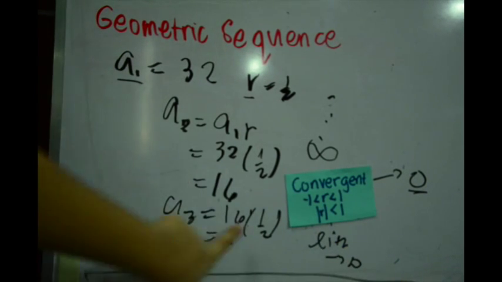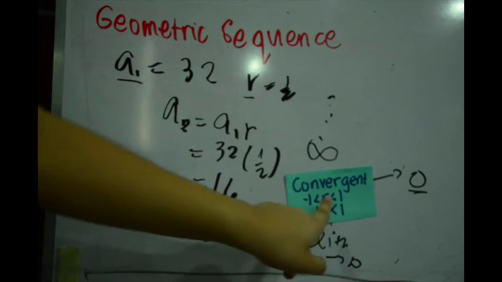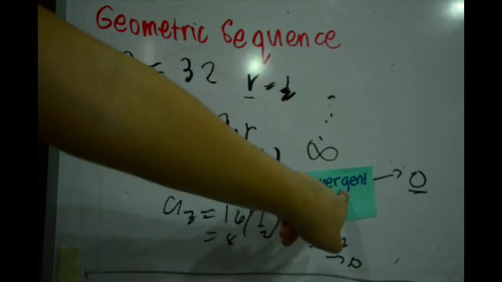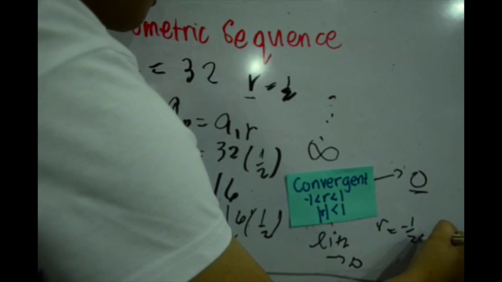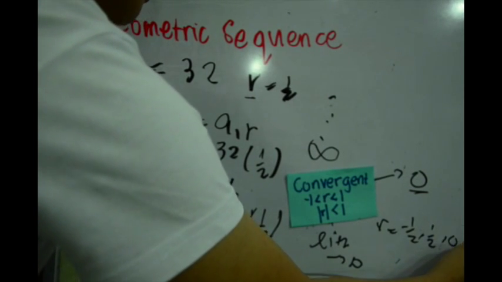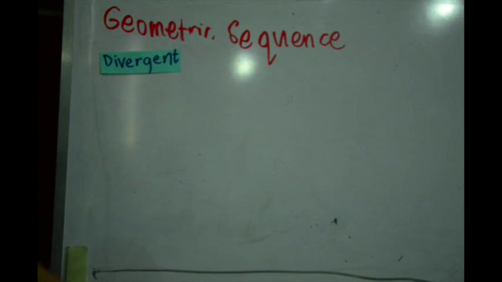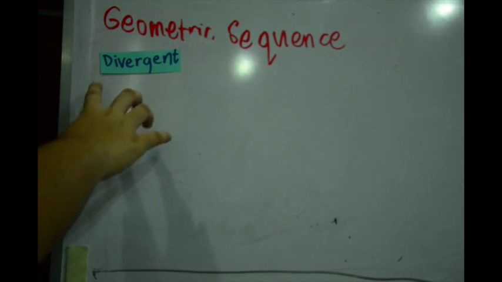Now, a convergent series is a type of geometric sequence where r is between -1 and 1. So your r can be equal to -1/2, 1/2, 0.5, and so on. Another kind of geometric sequence is the divergent. Okay, in a divergent sequence,